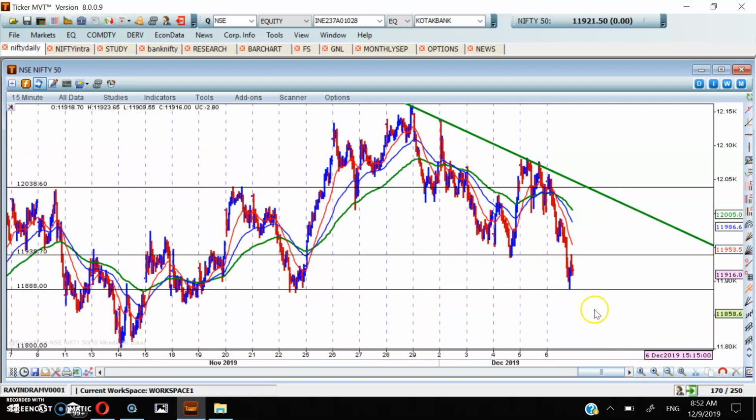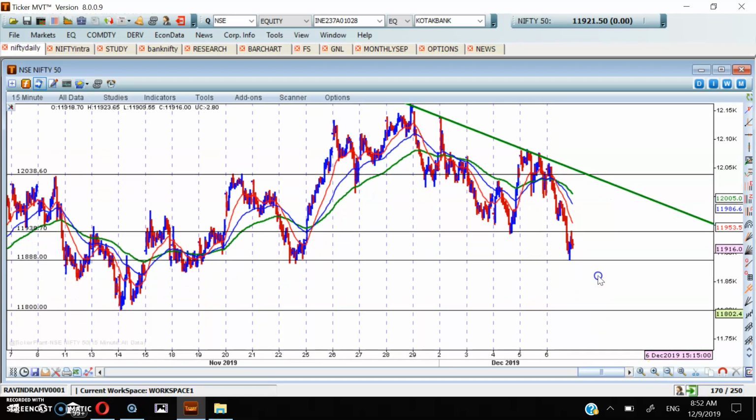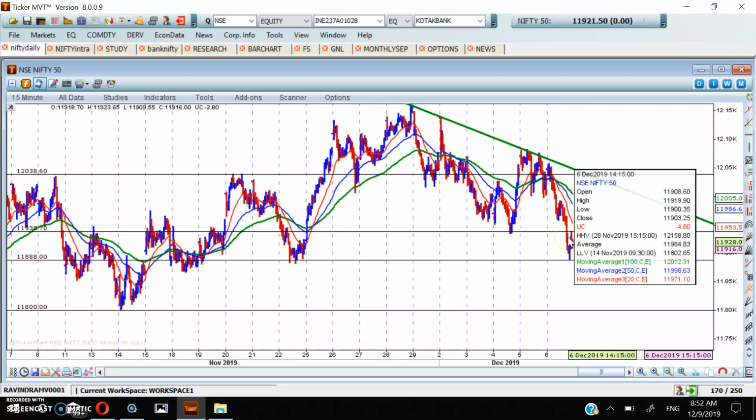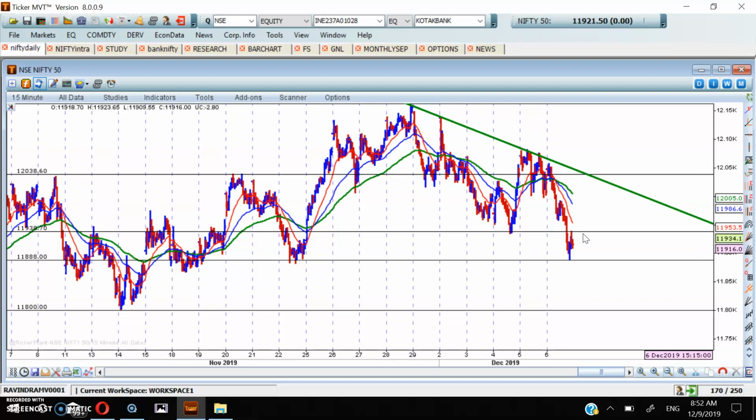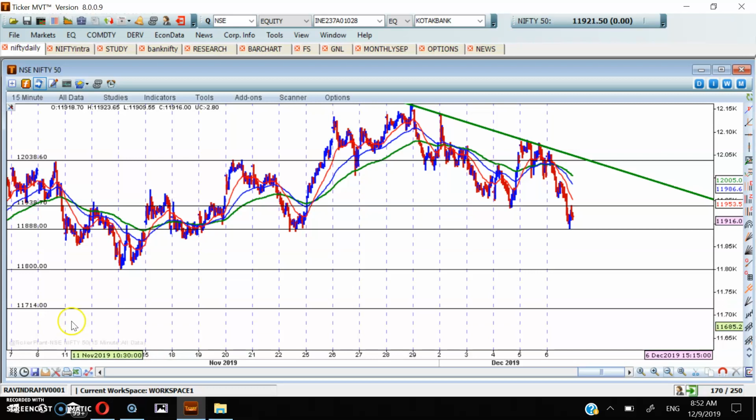Below that we will go short, and I'll keep a stop loss of 12,038, which can actually be the ideal stop loss as far as the daily chart is concerned, but it is very high, and that is the reason I don't want to take that much risk in today's trade. So if I go short below 11,888, then my stop loss will be above 11,950. My first target will be 11,800, and my second target will be